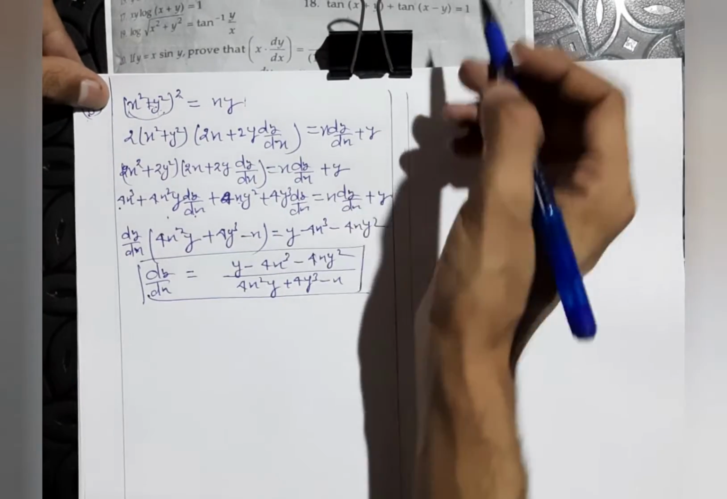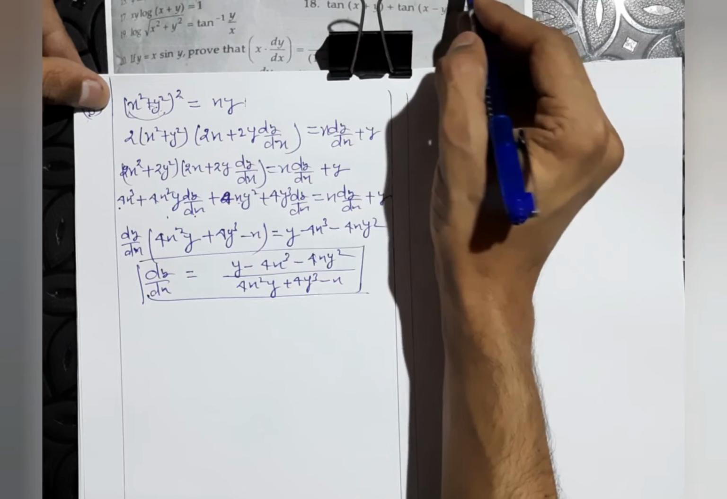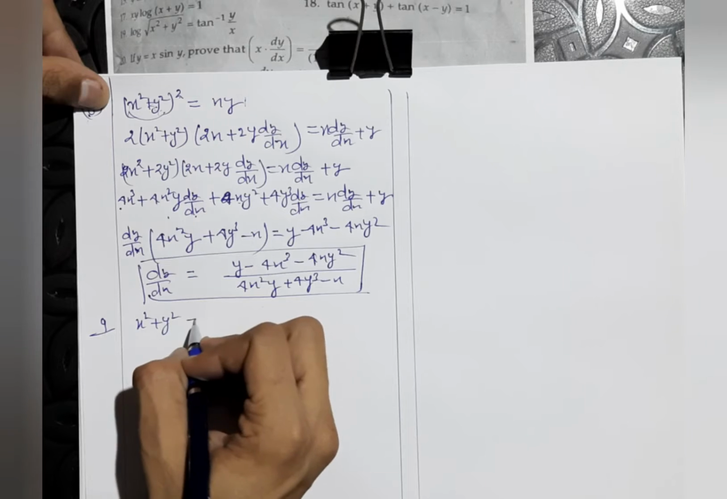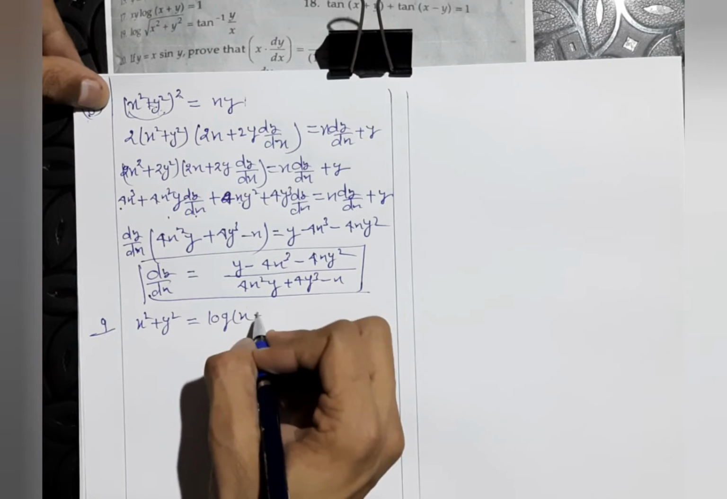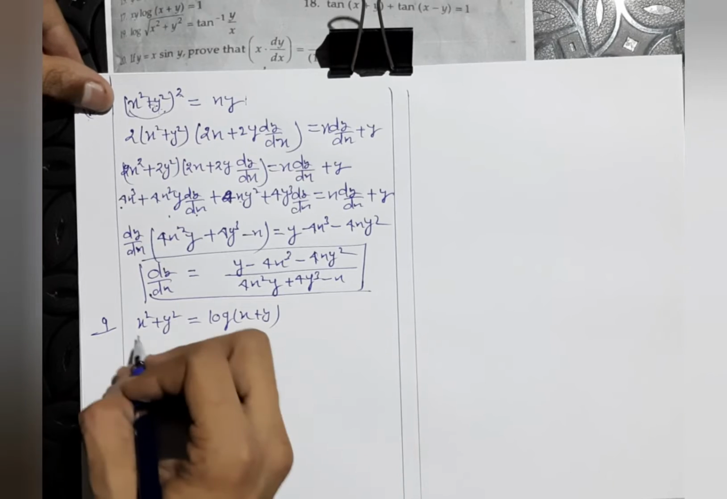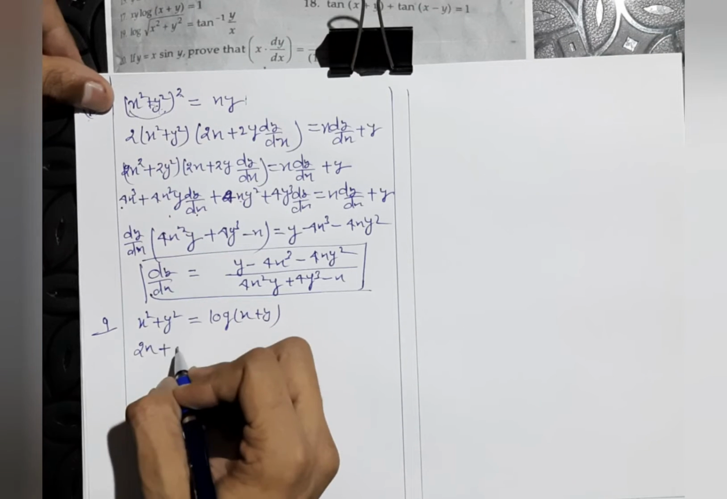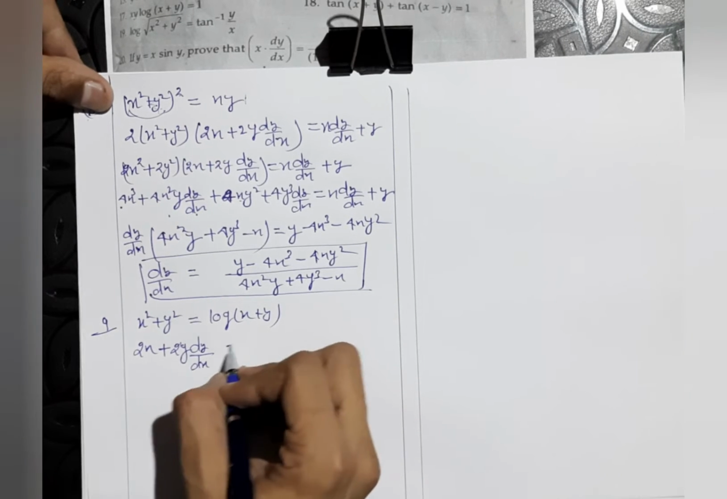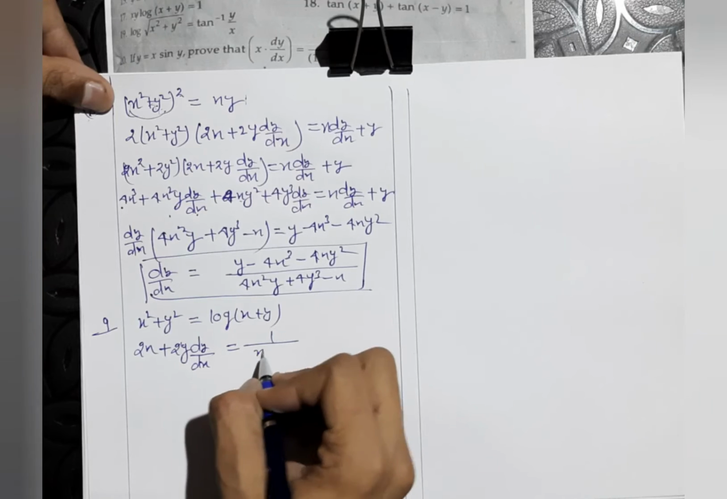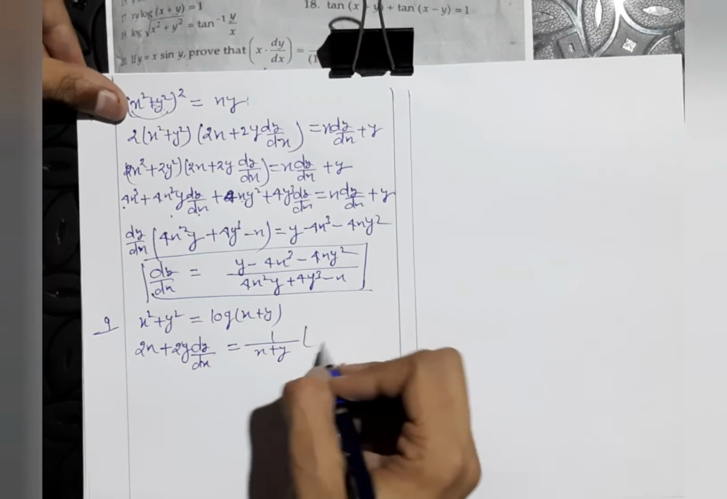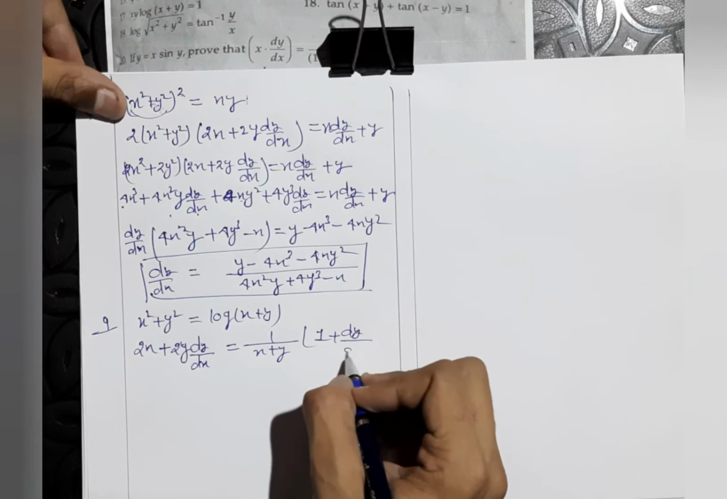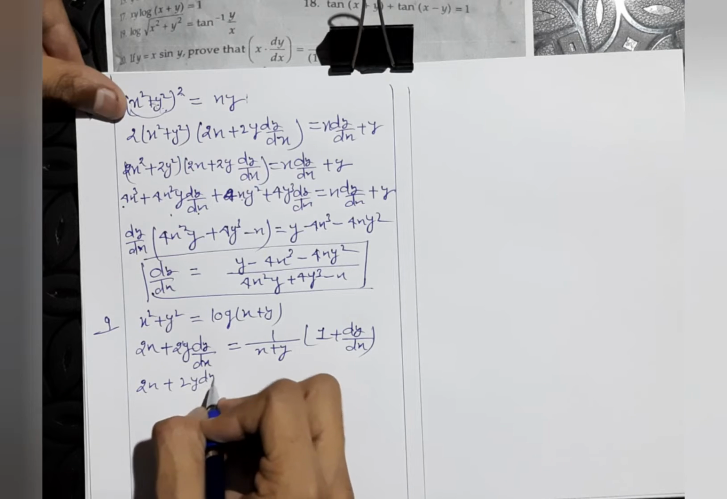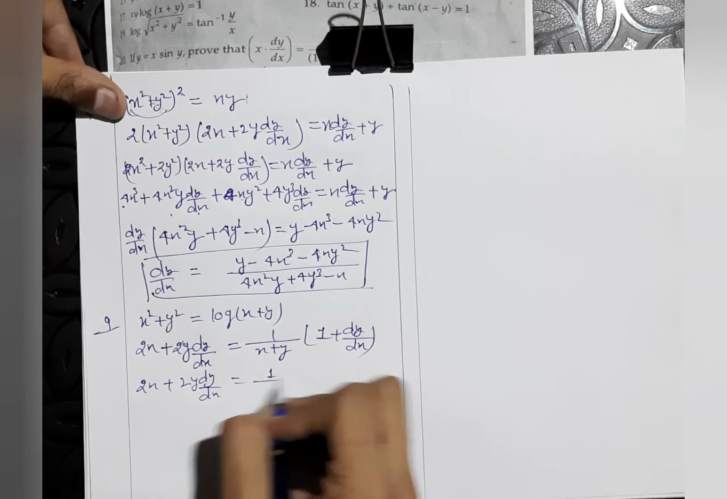Now let's do question number 9. Question number 9 is x² + y² = log(x + y). So the differentiation of x² is 2x, and the differentiation of y² is 2y dy over dx, equal to log(x + y) differentiated as 1 over (x + y) times (1 + dy over dx), since x gives 1 and y gives dy over dx. So 2x + 2y dy over dx equals 1 over (x + y)